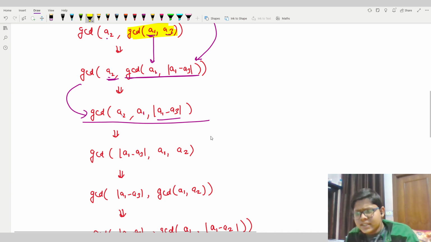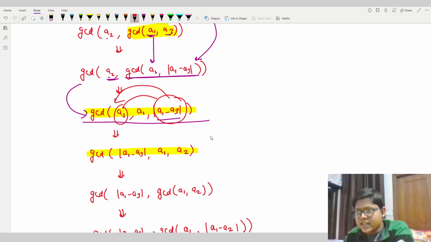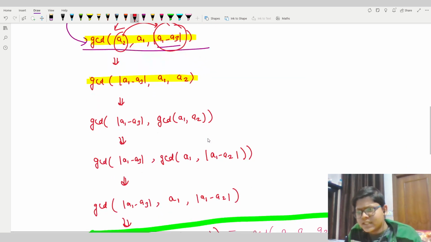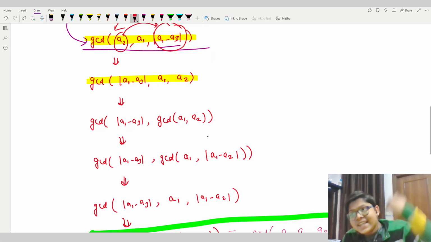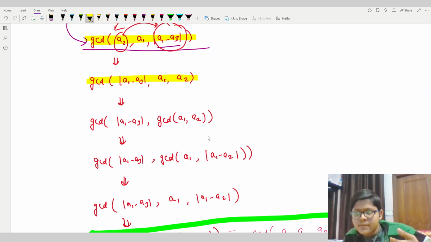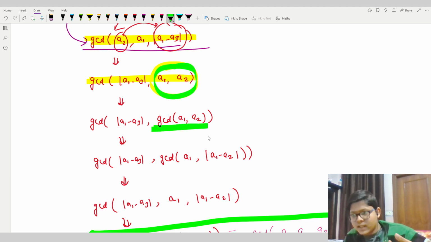Very fine. Then I can also write the same thing like this, because the only thing I had here was that I placed it here and I placed it here, so I can simply exchange the numbers, it's of no worry to us. Then I will again expand it, which means I am expanding the remaining part, which is right here. So I can simply write it as this. Again I expanded it, so I will write it like this.